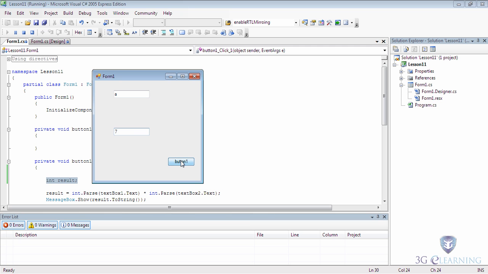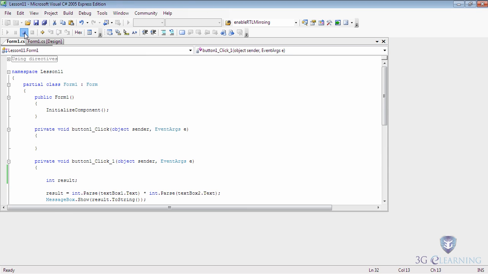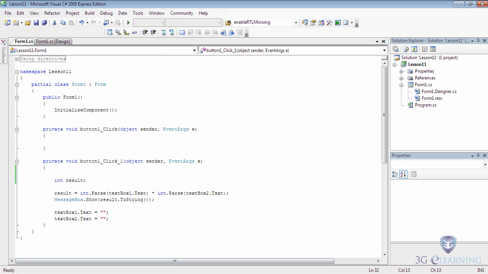This could easily be broken because if I entered any alphanumeric character, then this will cause problems. So when we're in debug mode of Visual C# 2005 Express Edition IDE, we'll get a message appear saying that a format exception was unhandled. But the end user will not see this message. We'll stop the application, find it on a hard drive,